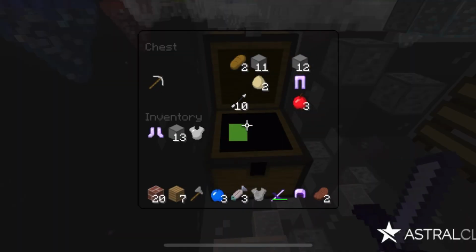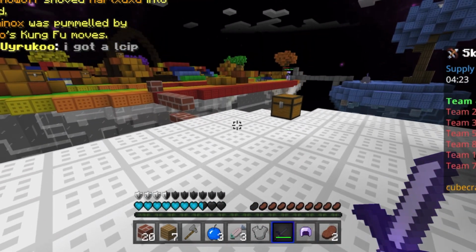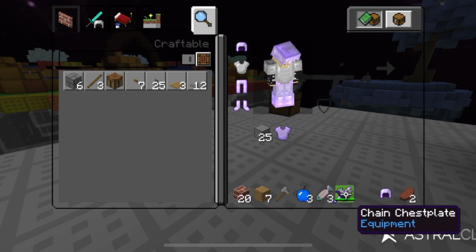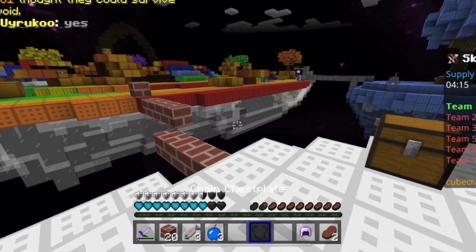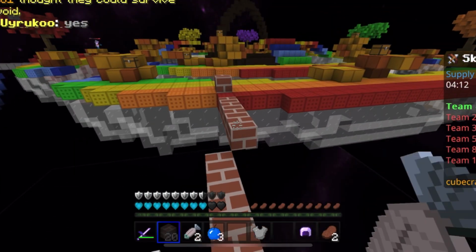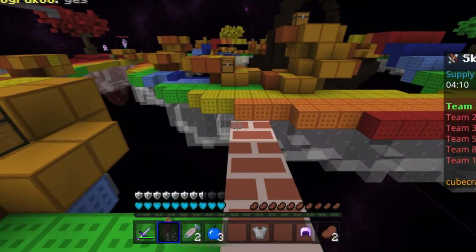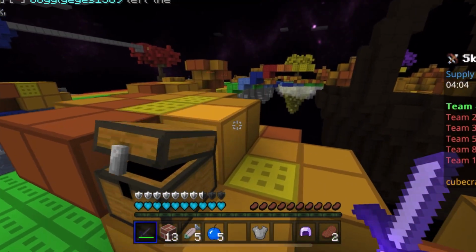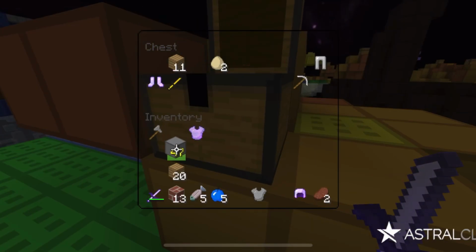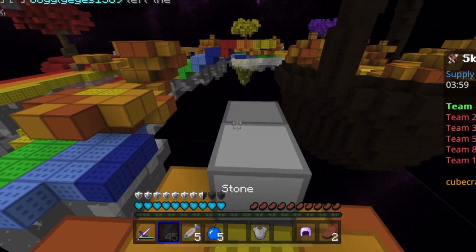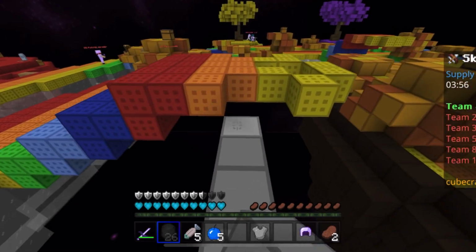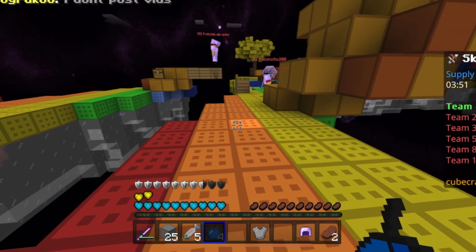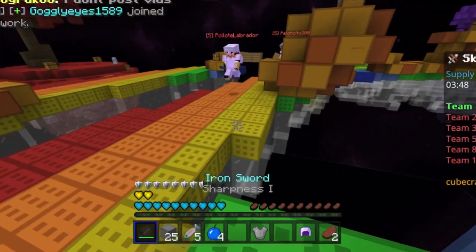Another thing that you want to keep in mind is that the Cubecraft community is a bit tough to become popular in, and I'm not gonna lie. It may seem extremely small, but let me tell you how to become known in the Cubecraft community. It's either A, be a big YouTuber, or B, be really good at the game. That's how you become known really fast. And I think becoming a creator is the faster way, but that's just my opinion, and it's obviously biased because, well, I'm a creator.